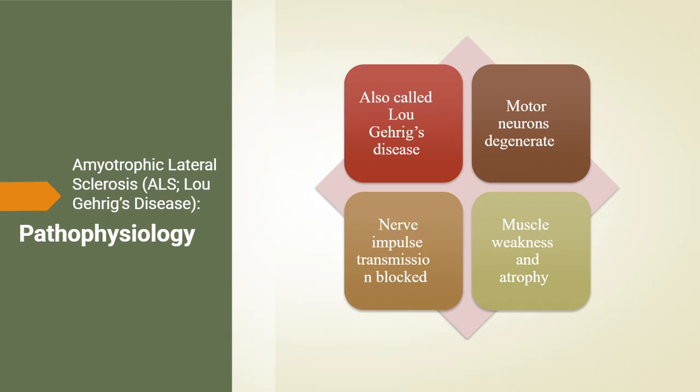Over time, these neurons begin to deteriorate and die, and as they do, the brain can no longer effectively transmit impulses to the muscles. Once nerve impulse transmission is blocked, the muscles no longer receive the signals needed to contract. As a result, the muscles gradually weaken, begin to waste away, and eventually become paralyzed. This explains why patients experience increasing difficulty with movement, coordination, chewing, swallowing, and eventually breathing as more muscle groups become